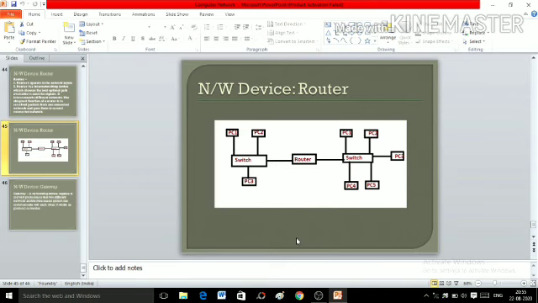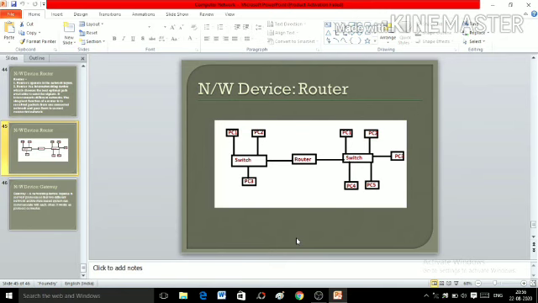In this image, there are PC1, PC2, PC3, 3 PCs which are attached to the switch on the left hand side. Similarly, there are 5 PCs, PC1, 2, 3, 4, 5 that are connected with the switch on the right hand side. The network ID of PC1, PC2, PC3 will be the same, but it will be different from the network IDs of PC1, PC2, PC3, PC4, PC5 on the right hand side. So in this image, there are two different networks, one on the left hand side, another on the right hand side.